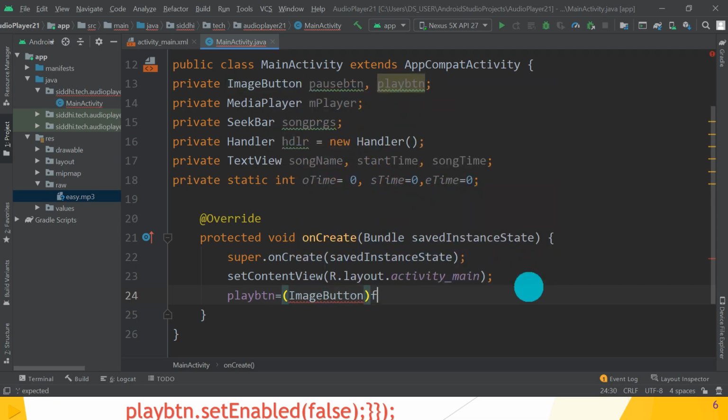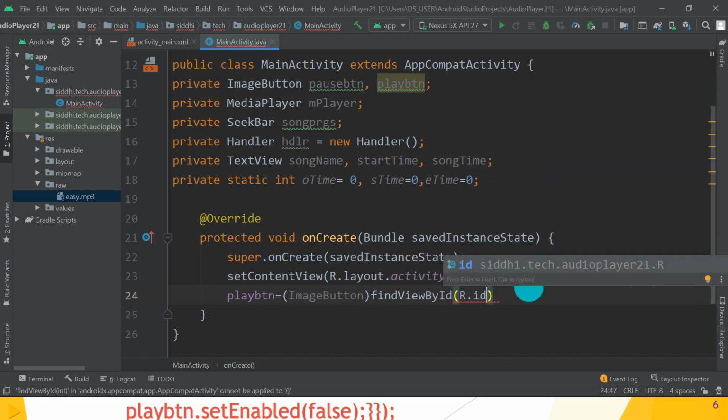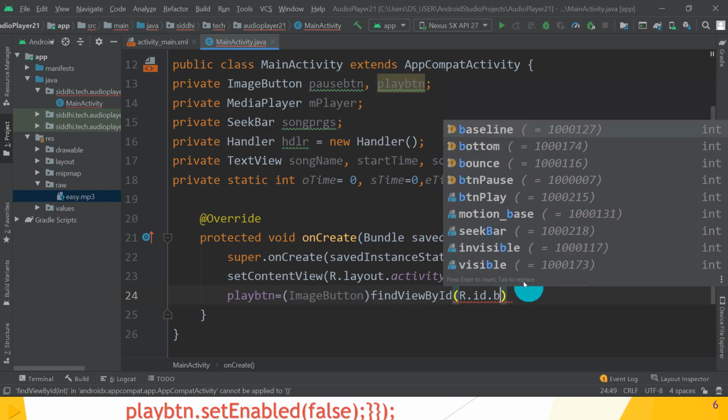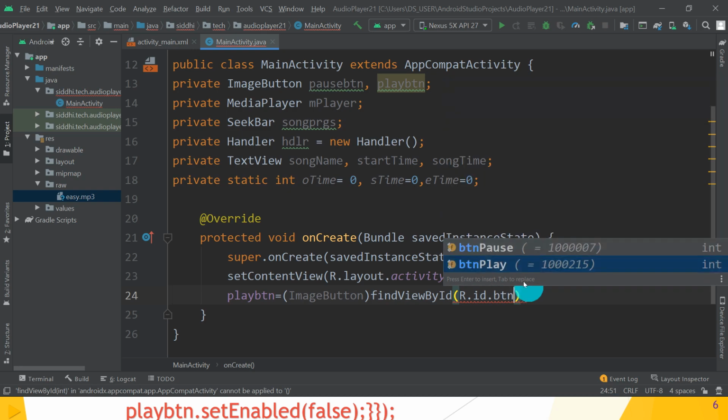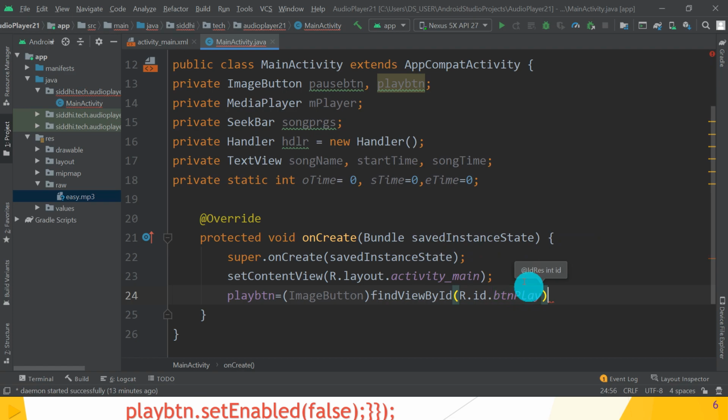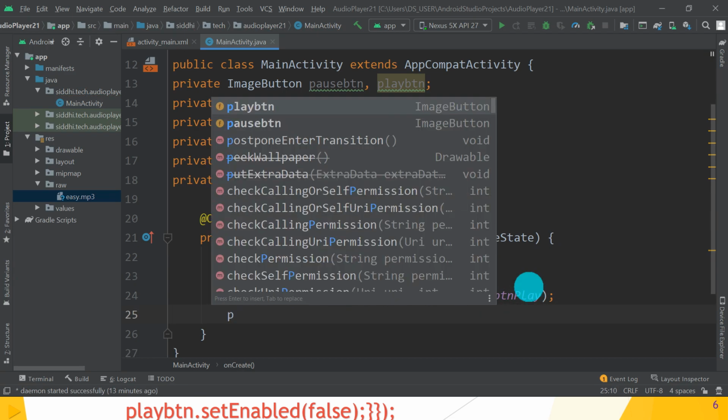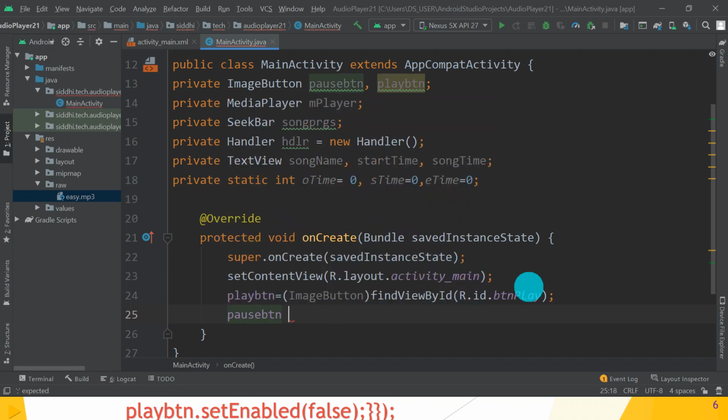Then which method? findViewById method. Then write R.id dot btn play. Great. After that, pause button is equal to what? Image button.